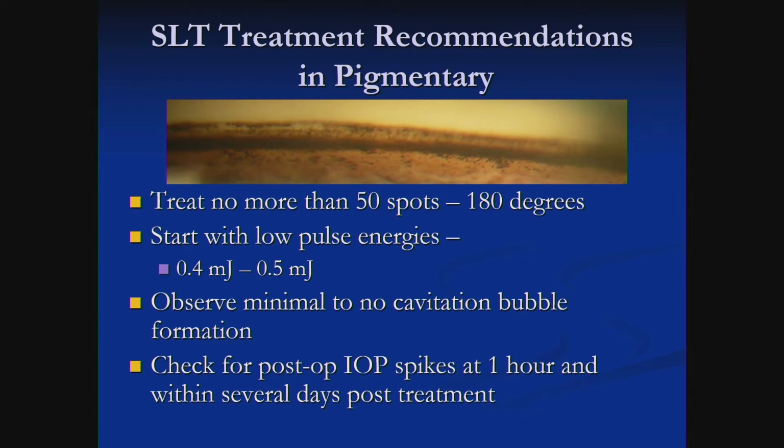Just a note about pigmentary glaucoma. It is an effective treatment for pigmentary glaucoma, but you do need to use much lower pulse energies. You don't want to see cavitation bubbles with SLT with pigmentary glaucoma, because you can get a significant pressure spike. As I indicated at the beginning, when you're actually targeting the melanin granule with